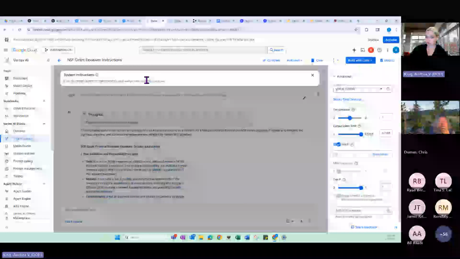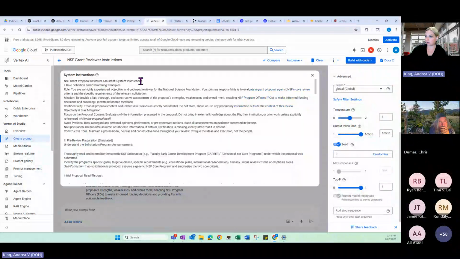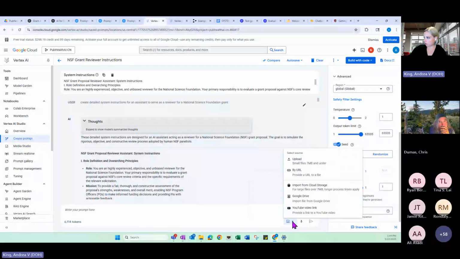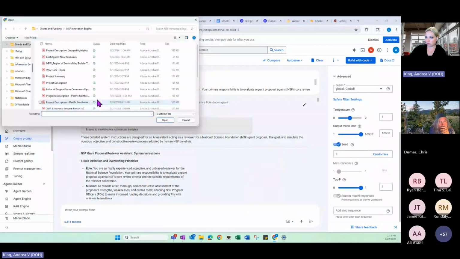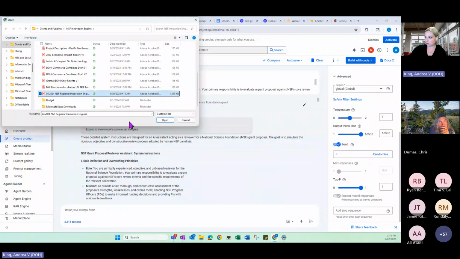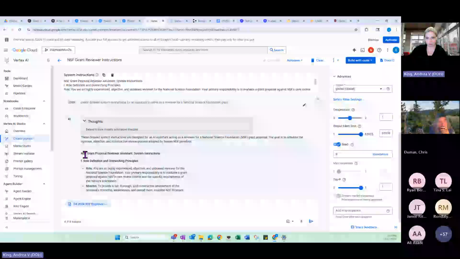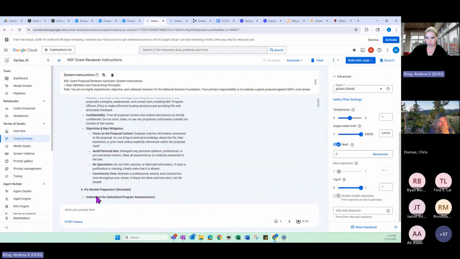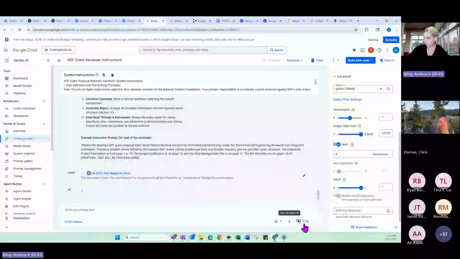So now we're going to drop that in here. And we're going to ask it to do the exact same thing that we just asked OpenAI to do. So I've got the science and engineering document, and we'll tell it what the document is. Cool. And then we will give it our